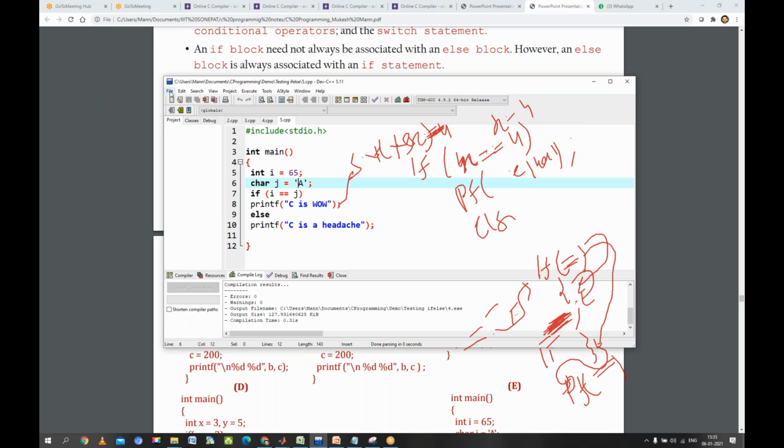Character-wise, whatever bits come, it will store in the memory, but whenever the compiler converts it, it converts from binary into decimal form. So there will be no confusion in this. The compiler knows how to convert this binary into the decimal number.